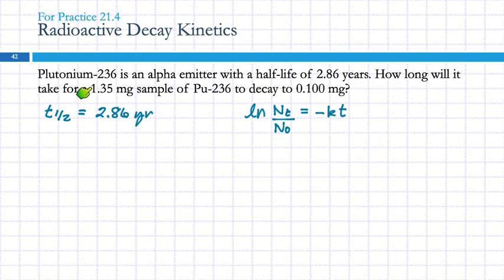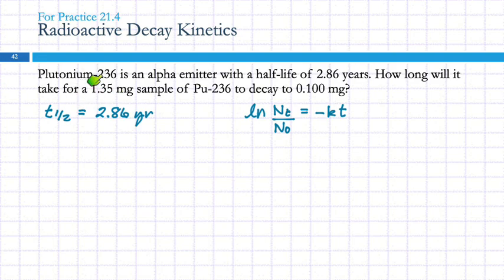We're not given numbers of nuclides, we're given masses. Is there a relationship between the mass and the number of nuclides? Yeah, it's Avogadro's number and the molar mass, right? So what we're looking at here is a ratio of the number of nuclides. And so if we convert mass into number of atoms and we do this dividing here, our conversions cancel out. So we don't have to convert. We can also use this same formula for the mass of that substance.